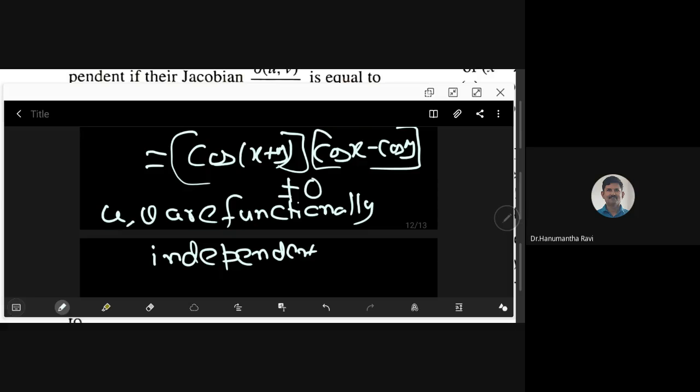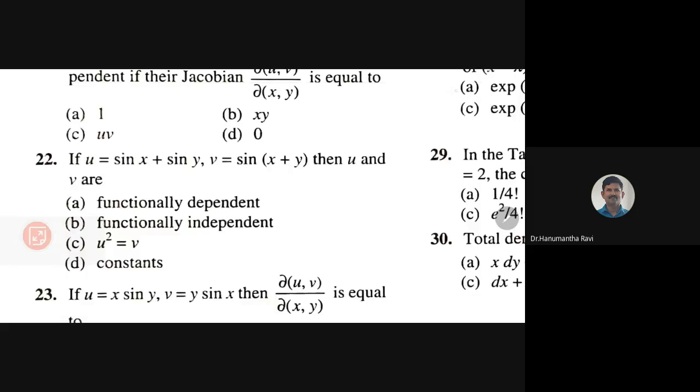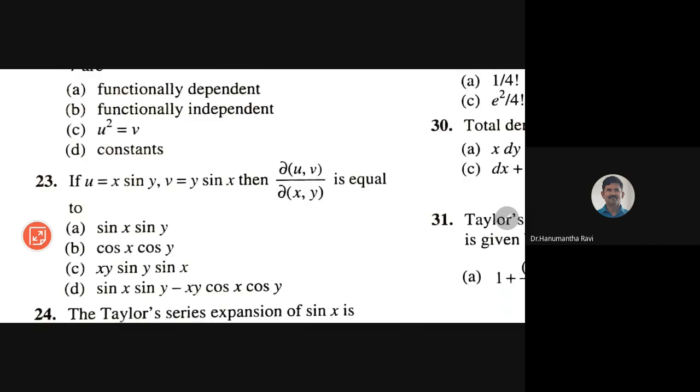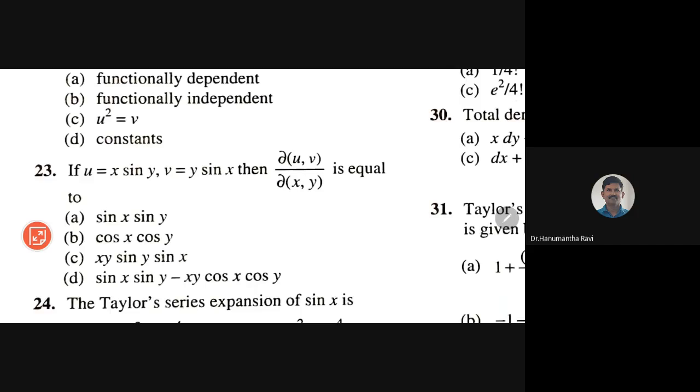Therefore they are functionally independent. So see here, functionally independent. Question 22, it is B. Now see, u is x sin y, v is y sin x, then is equal to